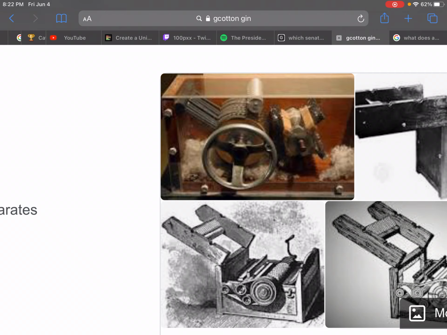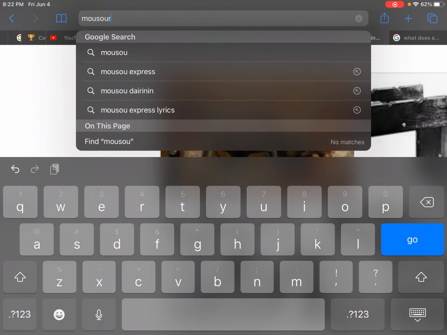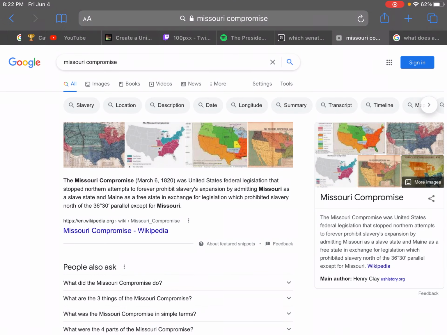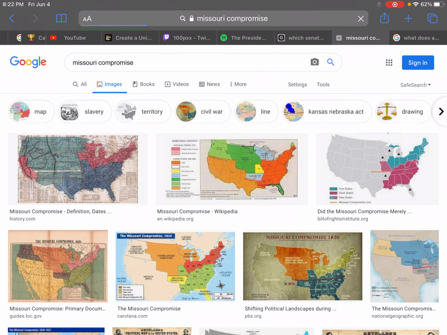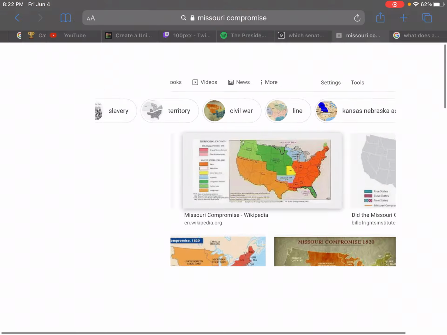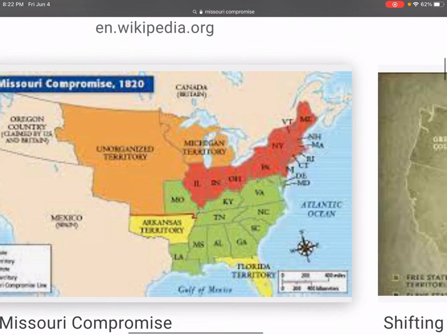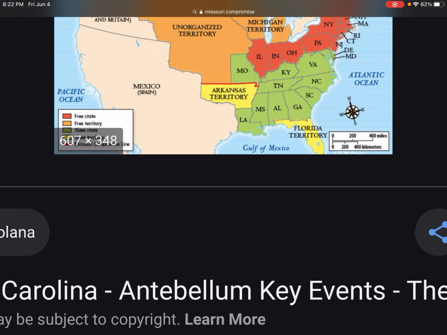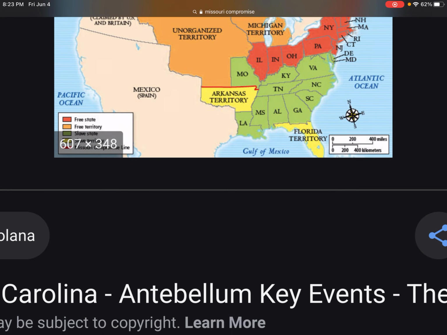The next event after that, I'm actually going to go straight to the Missouri Compromise. So this was a compromise. Missouri applied to join the Union. So with the Louisiana Purchase, they got all this land, and Missouri applied to join the Union as a slave state. But the North didn't like that because there were 11 free states and 11 slave states, which basically